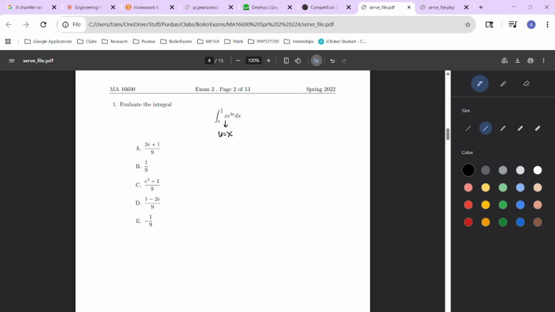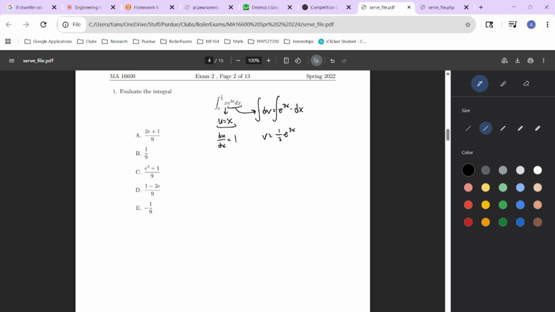So u here will equal x, which means that our dv function here will equal e to the 3x multiplied by dx. So you take the derivative of this: u equals x, du/dx is equal to 1, and then you integrate this. And then you get v is equal to 1/3 e to the 3x, no differential dx. So now we can start setting up our new step, which would be uv minus the integral of v du, and that would be equal to